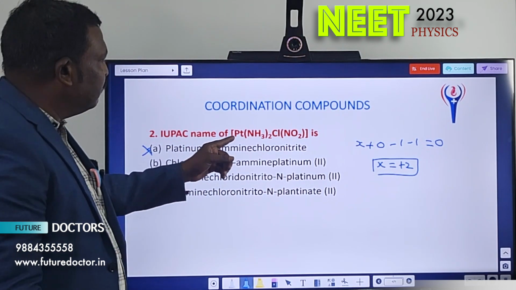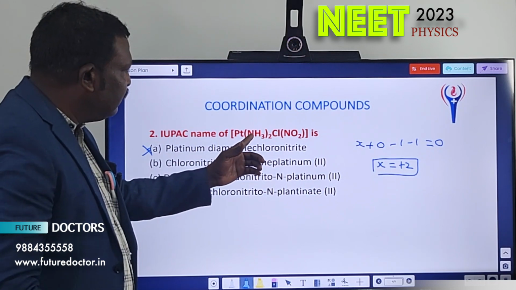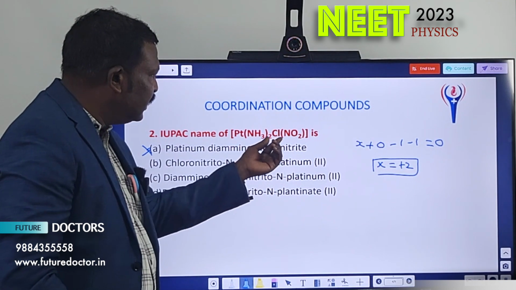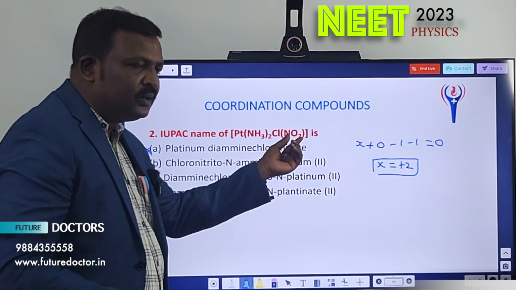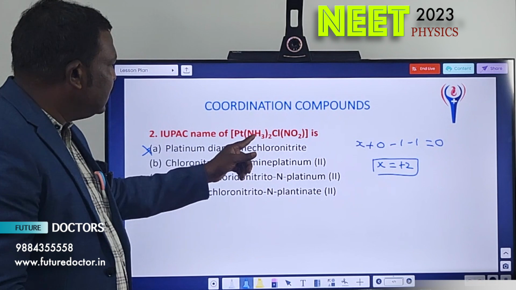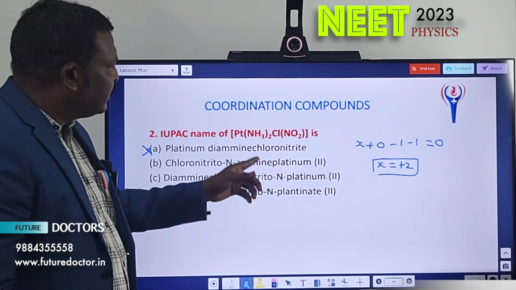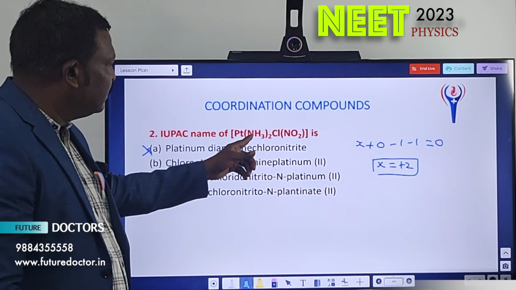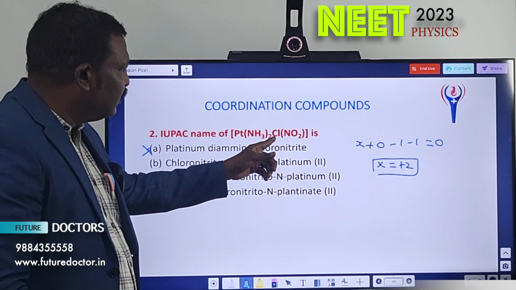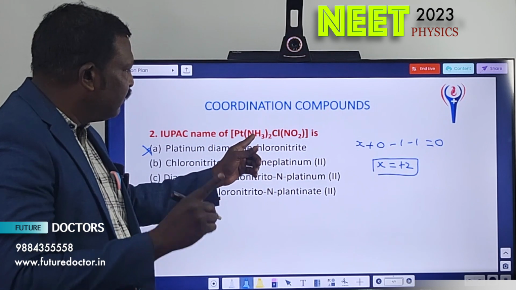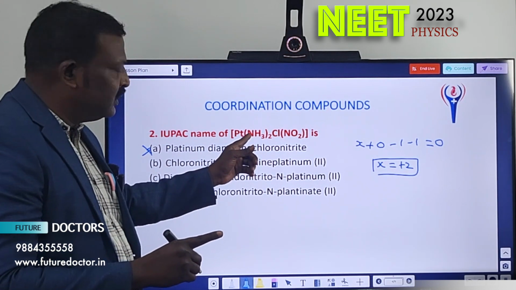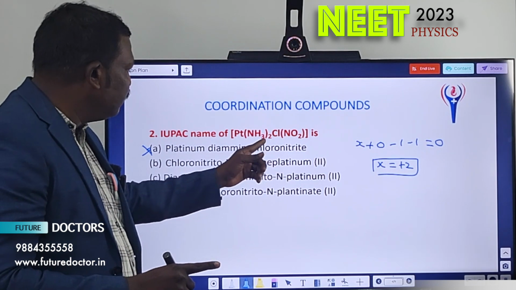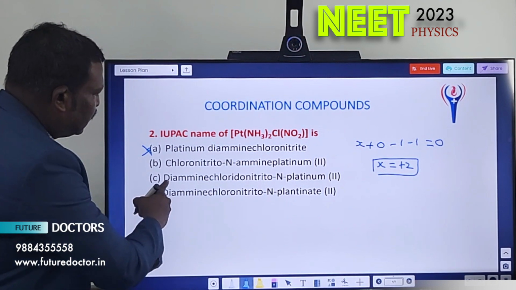Come to the name. How to give the name: here we have 3 different kinds of ligands. One is ammine, one is chlorido, one is nitrito-N. If you have different kinds of ligands, say the ligands in alphabetical order. That's very important. So ammine, chlorido, nitrito-N. In alphabetical order, A comes first, so ammine we should say first. How many ammine? We have 2 ammine, so diammine,